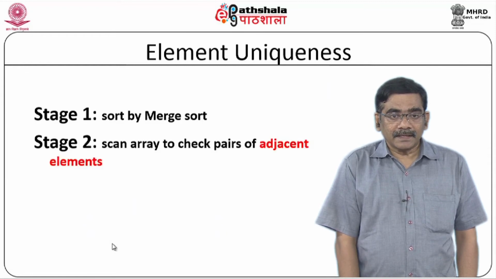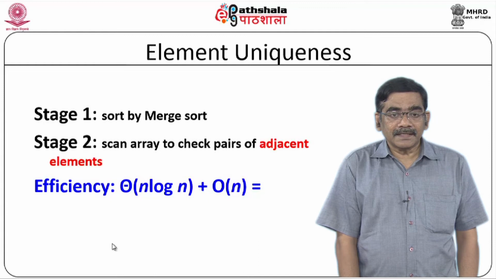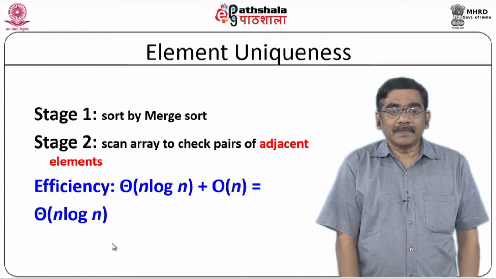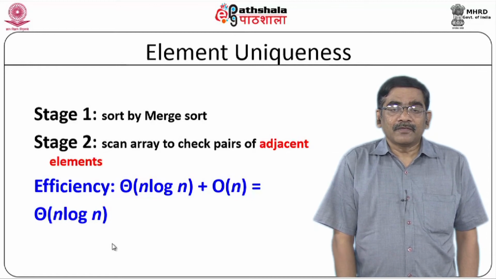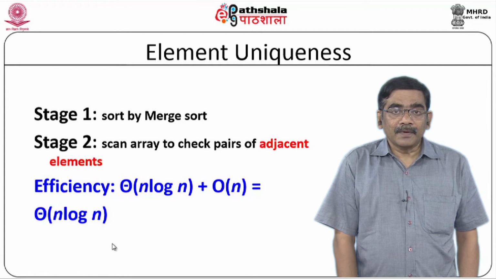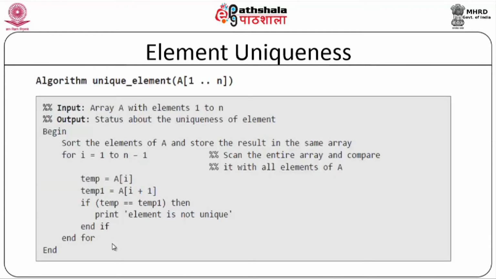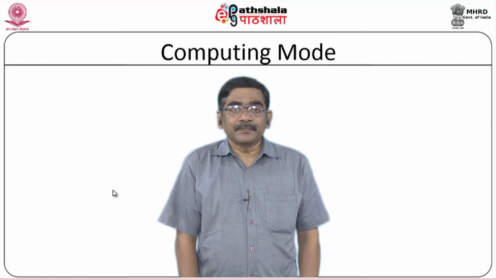This is another case, where again the complexity analysis is theta of n log n. So, in terms of computational complexity, we do not have too much gain, but nevertheless this represents some of the simplicity of the given algorithms. This is the formal algorithm for checking element uniqueness. The real advantage is that I can compare only the adjacent elements and not anything else.